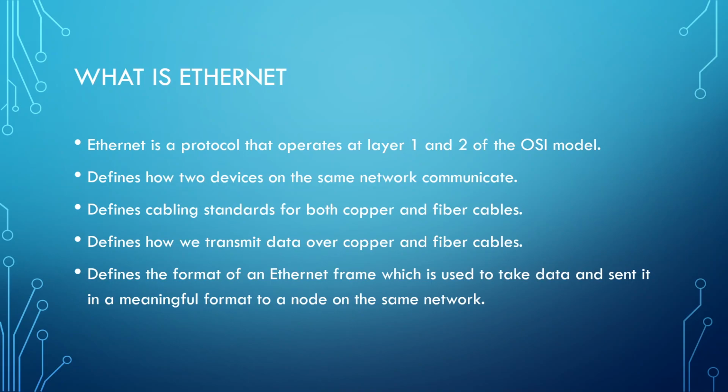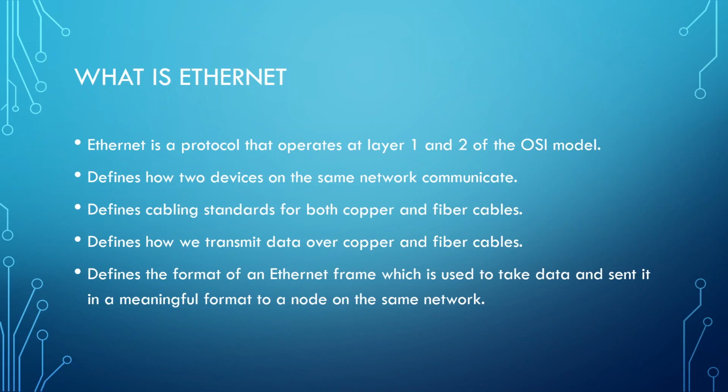However, Ethernet also defines cabling standards like copper cables, fiber cables, how they work, to allow you to connect your devices together, because it's all well and good defining a set of rules to allow communication, but you still have to define the physical standards or the physical cabling of how the devices are going to be connecting together. And like I said in my previous video, Ethernet just defines how two devices on the same network can